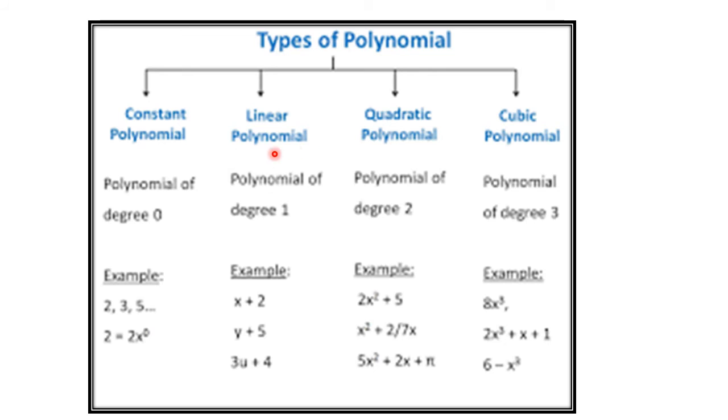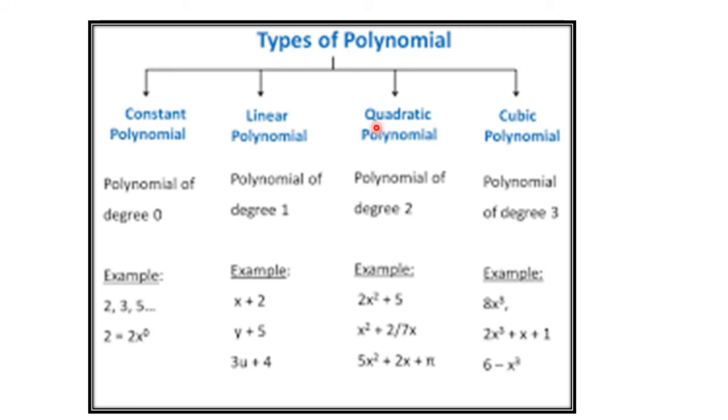Then, moving on to the second one, linear polynomial. In a linear polynomial, the degree of the polynomial will be 1. Here you can observe x plus 2, y plus 5, 3u plus 4. Don't get confused with the number of terms and the degree of the variable. Often children make mistakes in that, so please don't do that. When it comes to the degree of a polynomial, you will be seeing the highest exponent of the variable, not the